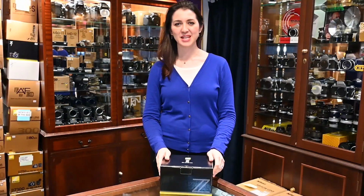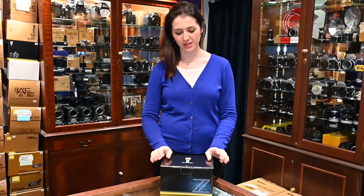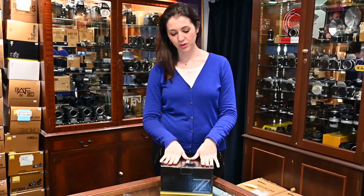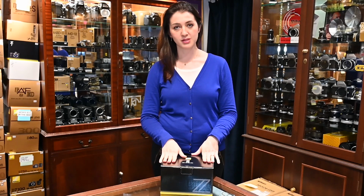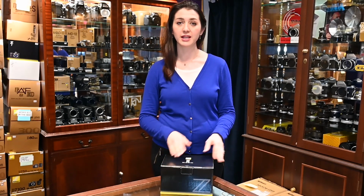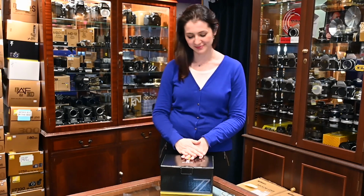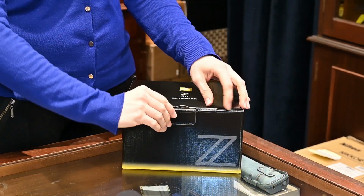Okay, today we're going to unbox the Nikon Z50, which is Nikon's new mirrorless DX camera. Now, we all know what normally comes in the box. It's not much different, but we are going to look at it alongside another mirrorless camera so you can really see the difference. So very quickly,